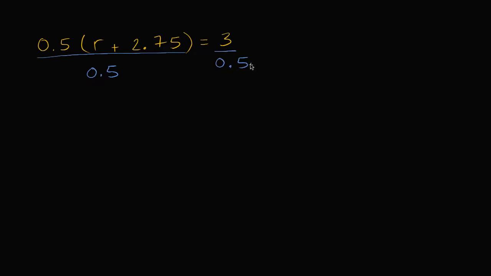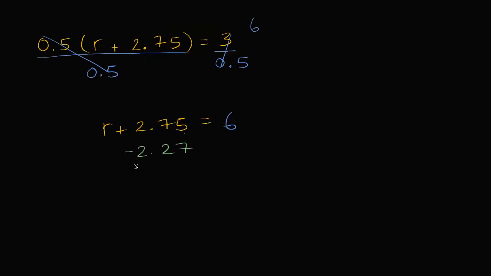3 divided by 0.5 is 6. It's the same thing as 3 divided by a half. How many halves fit into 3? 6 halves fit into 3. So this is going to be 6 right over here. So these cancel out, and then this is going to be equal to 6. So the whole thing is simplified now to r plus 2.75 is going to be equal to 6. And now to just isolate the r on the left-hand side, I could subtract the 2.75 from the left,